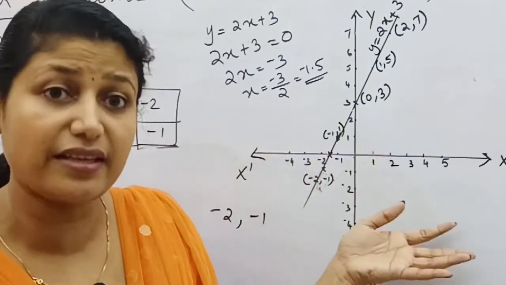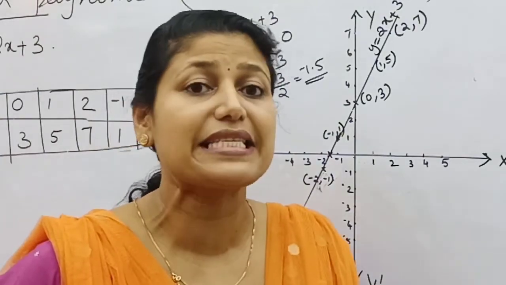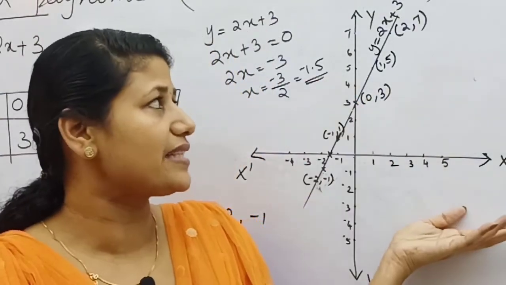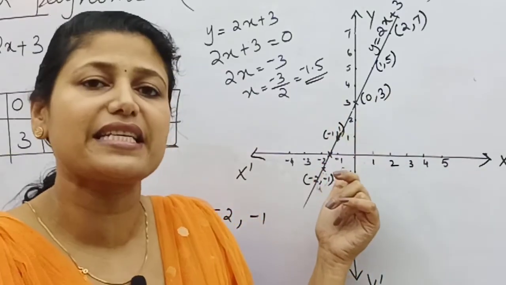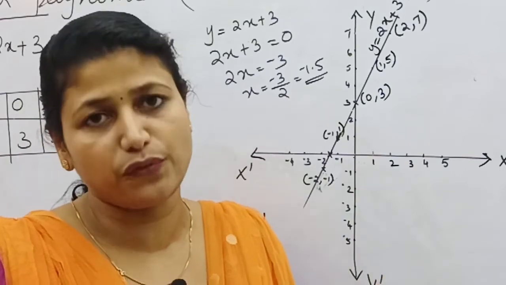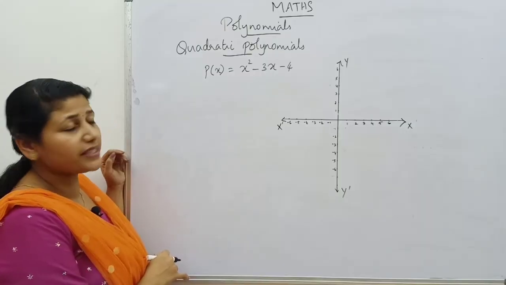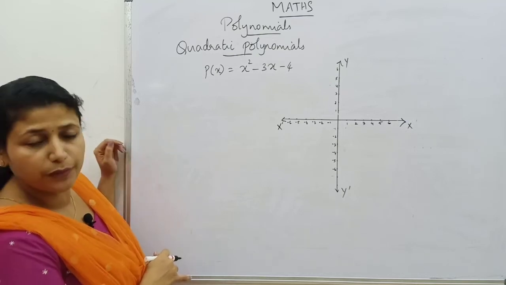Whenever you are drawing the graph of this linear polynomial, you will get a straight line. That straight line will intersect, sometimes, with the x-axis and with the y-axis. Whenever you are getting a graph which is intersecting with the x-axis, that point will give you the zero of that polynomial. Next, we are going to find out the geometrical meaning of a quadratic polynomial, and you have the quadratic polynomial